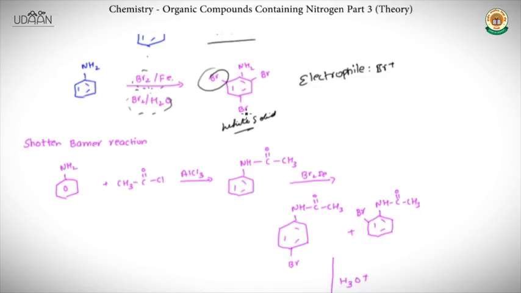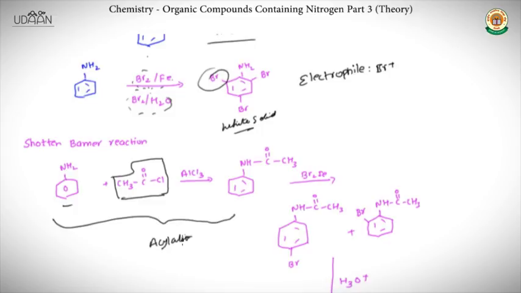What if you want only ortho or only para? For that, what you do is you treat this aniline with first CH3 C double bond OCl in the presence of AlCl3. Now if you carefully observe, you may think this to be the acylation reaction. It is actually an acylation reaction, but not on the benzene ring. That is, it is not Friedel-Crafts acylation. It is just acylation on this nitrogen, where you have one hydrogen replaced with